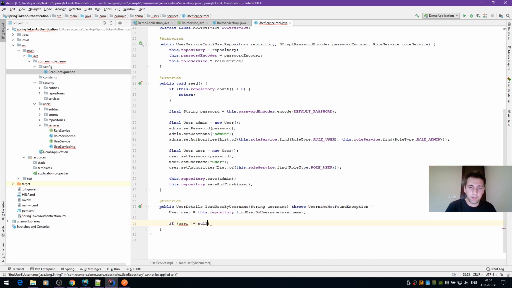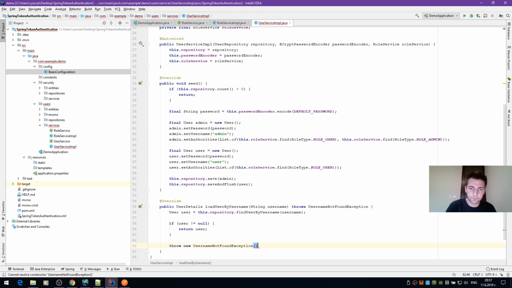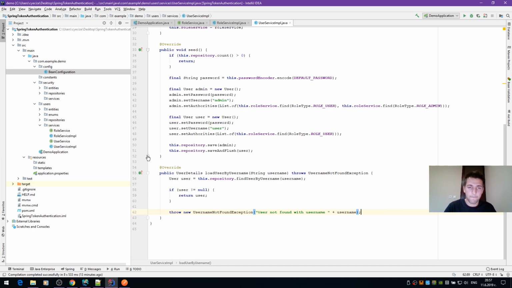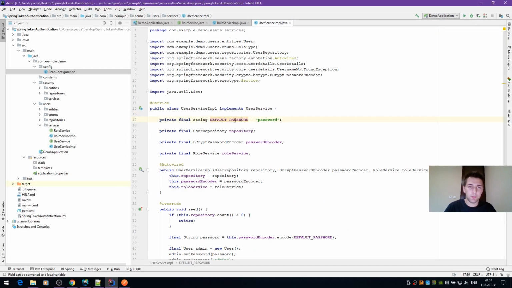So if user is different from null, return the user, or else throw new UsernameNotFoundException with "User not found with username", like that. Alright, so our user service also seems to be